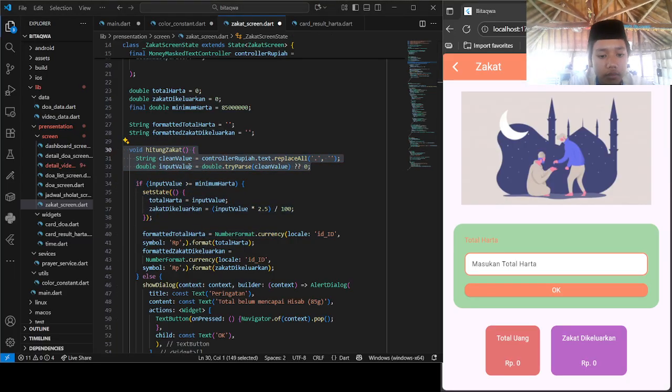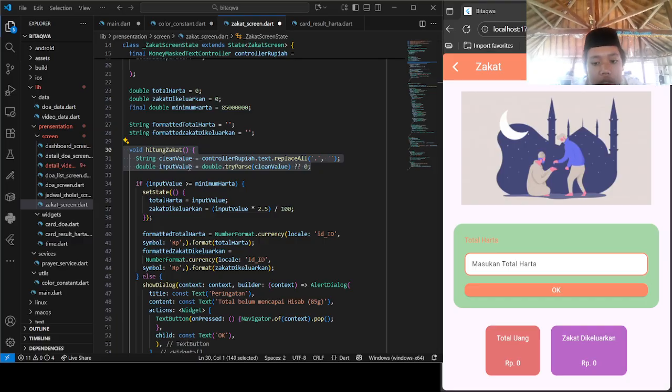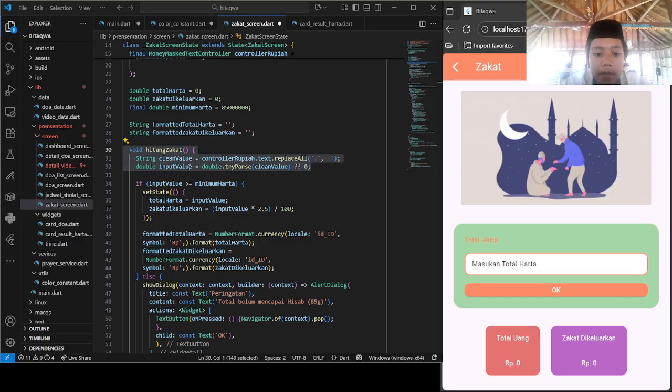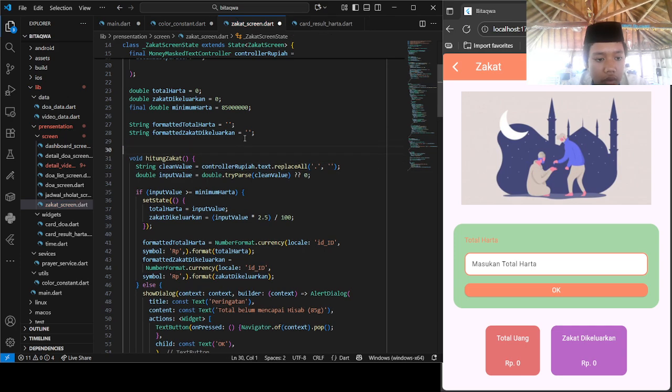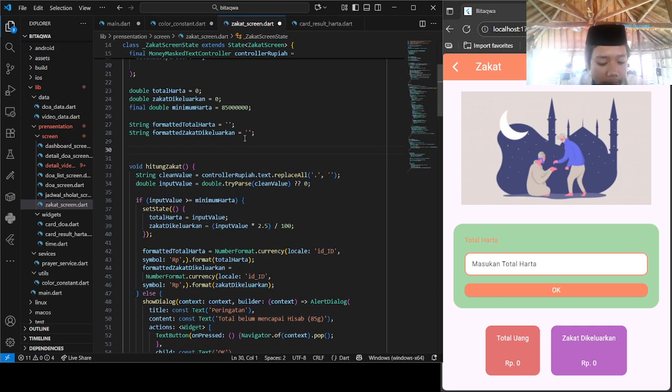Void hitung zakat. String clean value control rupiah text replace. It's for cleaning up the dot from the input to make a normal number. So from this, become this. Why?